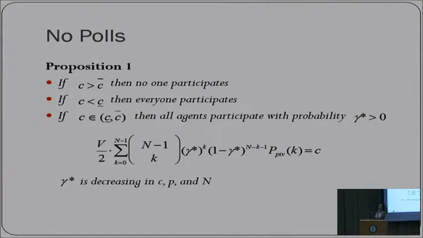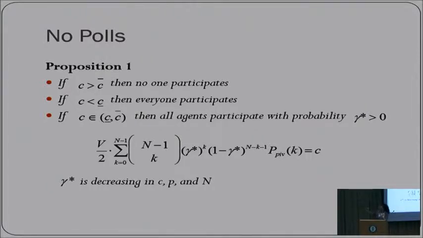All right, so proposition 1 says the following. You don't need to focus on the equations, but here's what it says. If the cost is prohibitively high, no one is going to vote. If the cost is very, very low, think about a cost that's close to 0, everyone votes. If the cost is intermediate, it turns out there is a unique equilibrium that equates the probability of voting, the value of voting with the cost. So everyone is going to mix between voting and not voting.